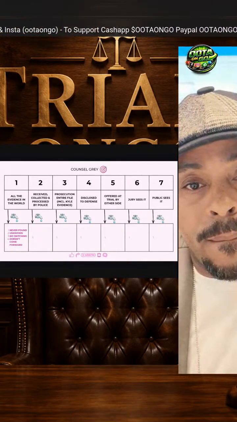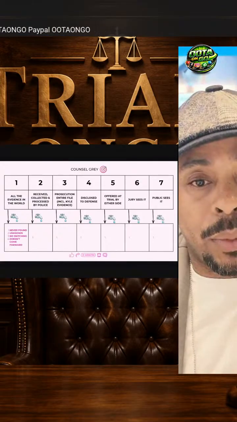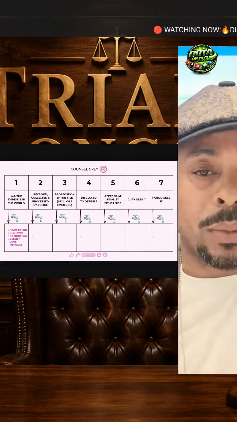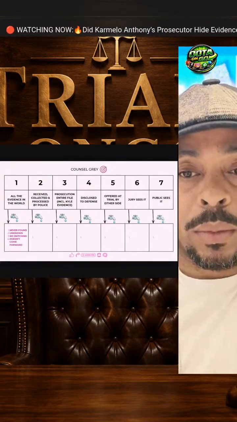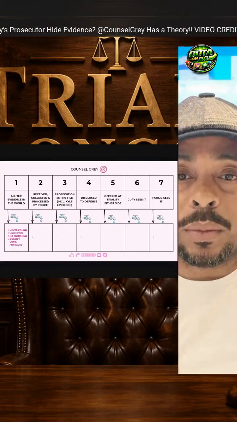Okay. So we started the first phase of evidence, right? This big universe of all the possible evidence in the world. 99.9999% of it has nothing to do with this particular case, but there is this body of evidence that exists in the world related to this case. How does that go away?